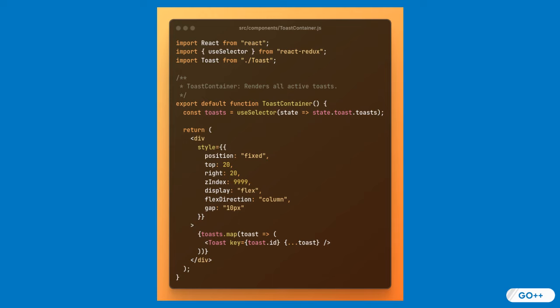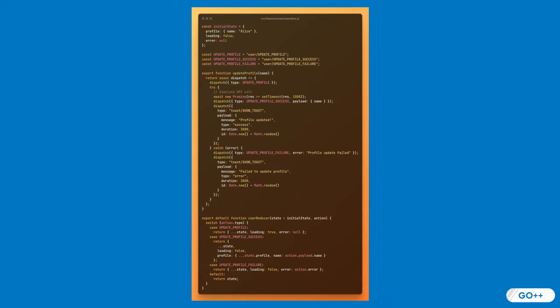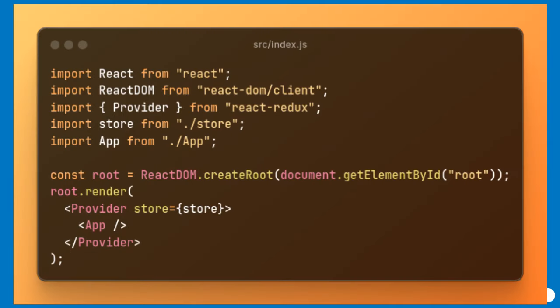This component renders all currently active toasts, positioned in the top right corner of the viewport. It uses Redux state to select and map over toasts. This is the actual toast component, responsible for rendering a single notification with color based on type and fade-in, fade-out animations managed by inline styles. This is an example Redux slice for user profile updates, demonstrating how to dispatch both business logic actions and toast notification actions. This is the application entry point, wrapping the app with the Redux provider and rendering it to the